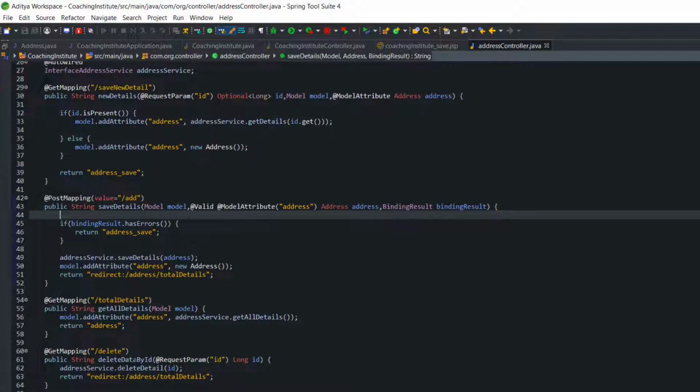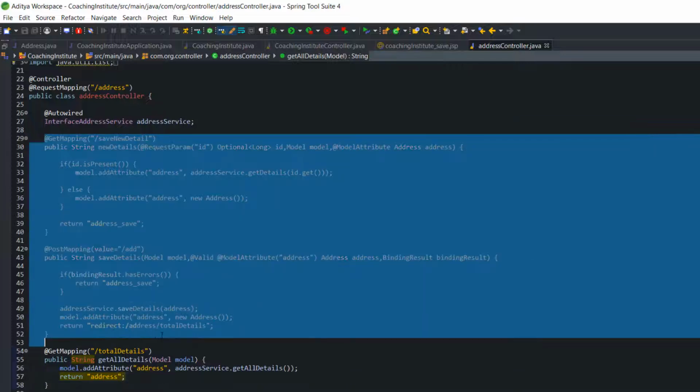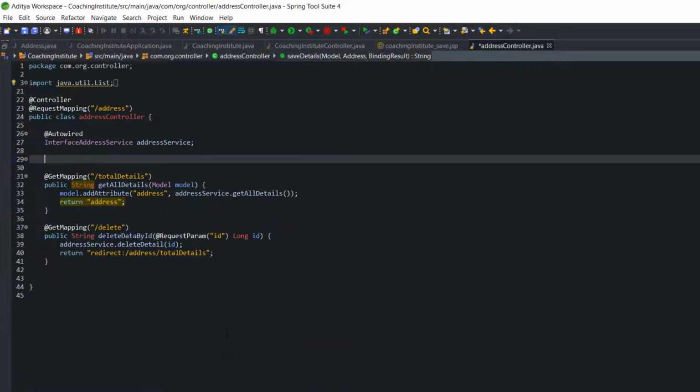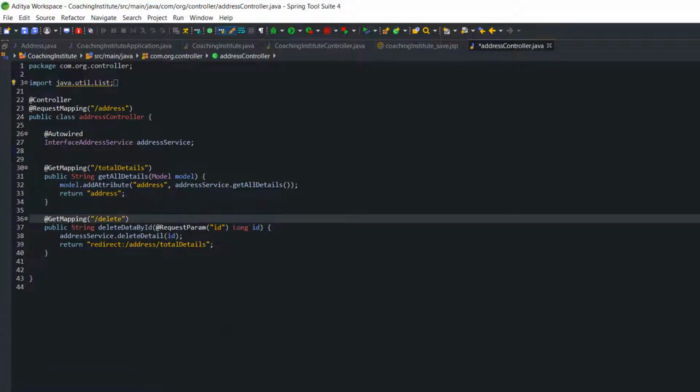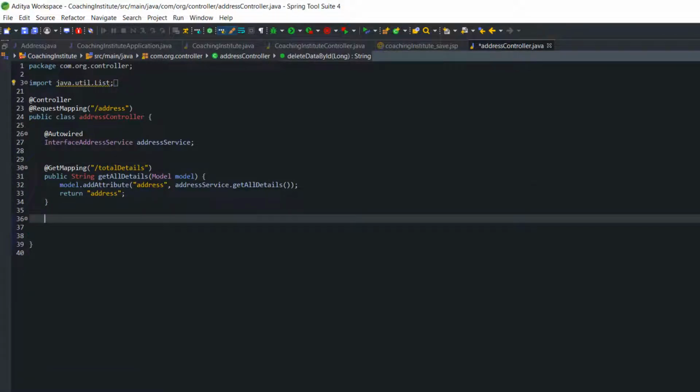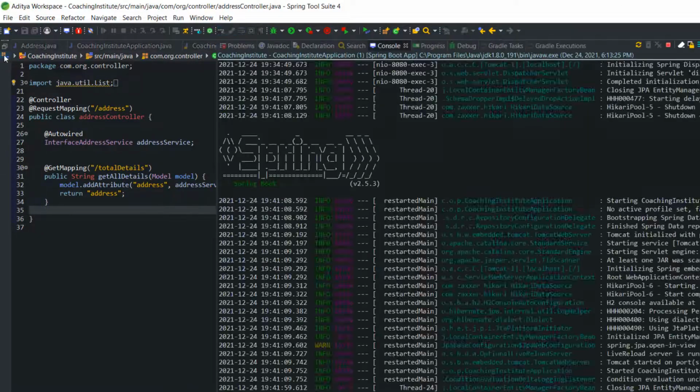We are going to remove everything except the total details, so let's remove the extra data here, and this one also. Now let's save it and go to